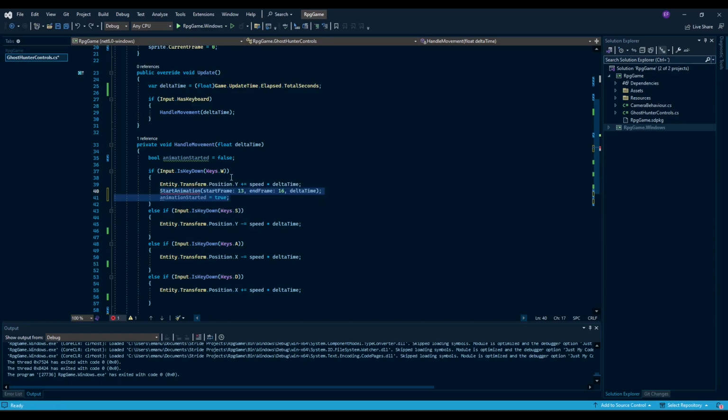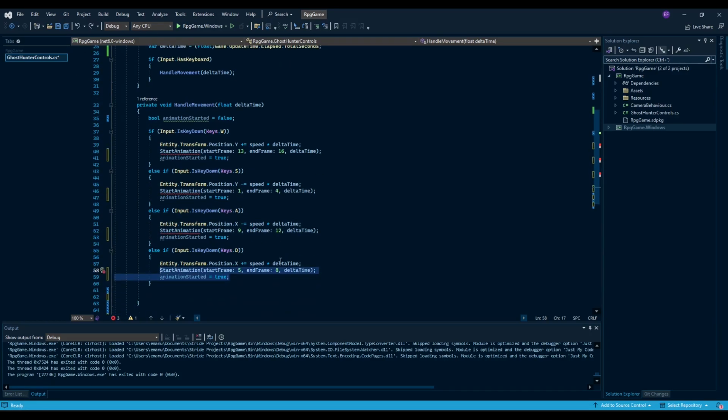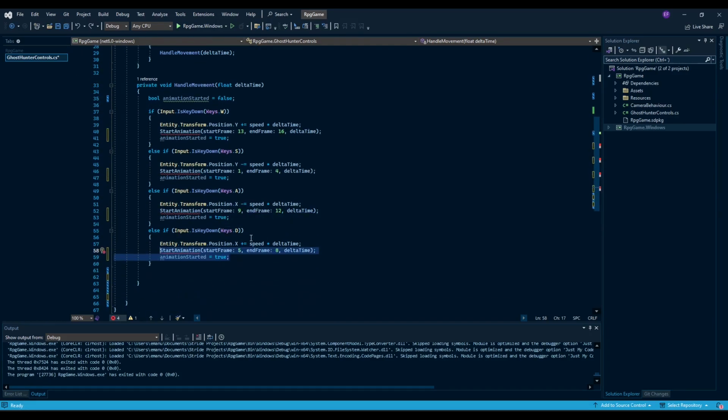For example, here when we press W, which is up, it is going to loop through the start frame and end frame that shows the up animation. It also takes the delta time to make the proper calculations. And we are setting the animation started to true here. So we do the same for the other directions,